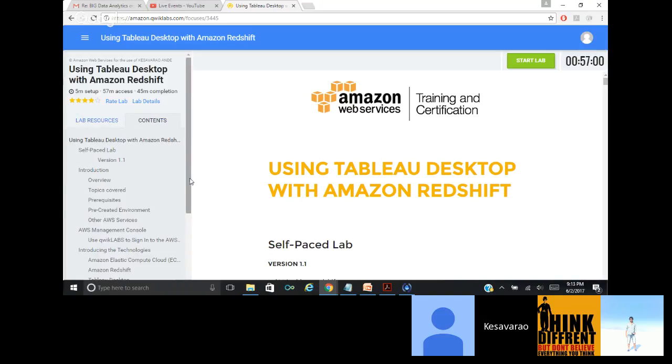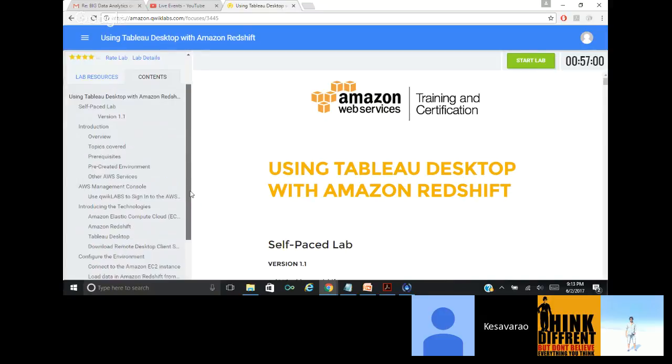Contents wise, let's see. And Tableau, by the way, even in your regular environment, Kishore, if you go to your office, you may have ETL Informatica in the backend, putting the data into some data warehouse, and you might have some BI tool already. Some people might already be using Tableau for sure, either Tableau or QlikView. Yeah, that's what is happening. And tomorrow, if you are able to do all your ETL and data loads into Amazon EMR or Amazon Redshift or some other Hadoop platform, then that will